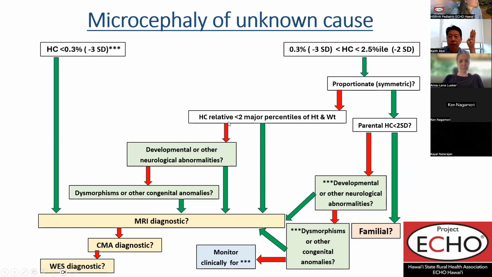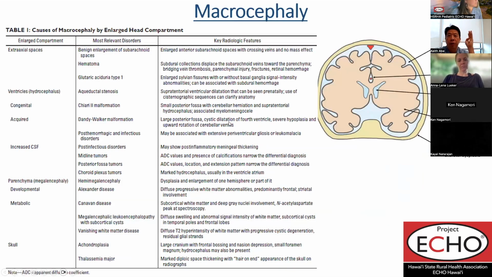Jumping to macrocephaly. On the other end of the spectrum are the patients whose heads are too big. Now going off the chart, one of the most common benign ones that we'll talk about is benign extra-axial fluid of infancy, or benign enlargement of the subarachnoid space. But in getting big head sizes, there are more possible contributing components, because in this case, if the overall head size